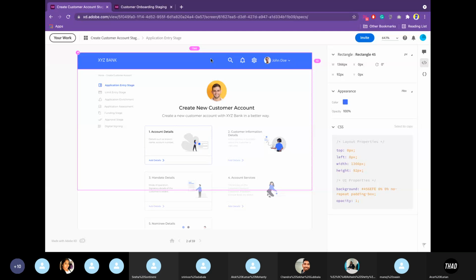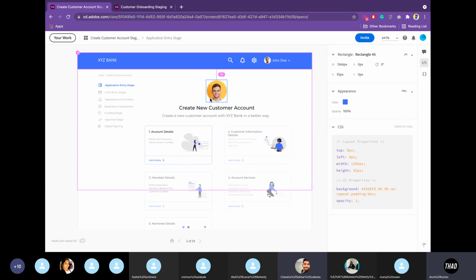Yeah, it totally depends on you. If you want to create this screen, this screen has 1366 width. So if you exactly want to create this particular screen, you can use these CSS properties. But as she mentioned, if you want to create a responsive design, then the width of the page and sometimes the font sizes will vary. At that time, you won't be able to use these CSS properties. But if you exactly copy this, then you will exactly get this particular page.